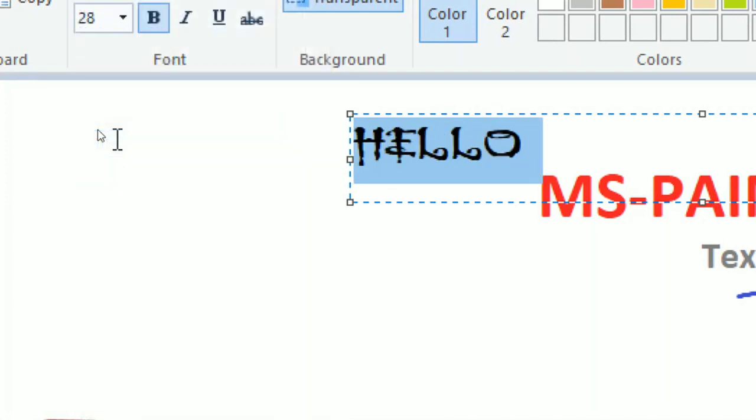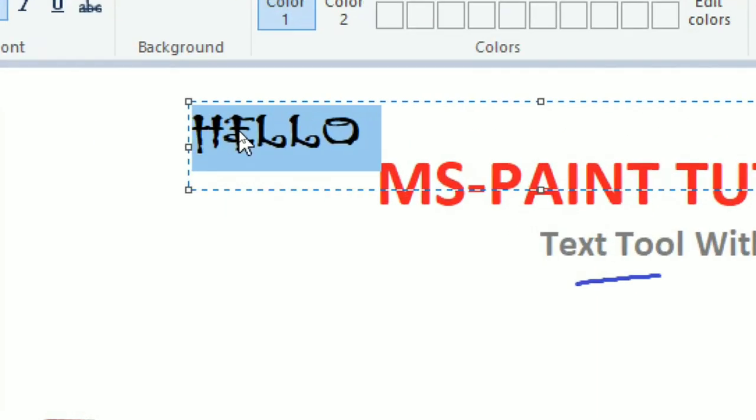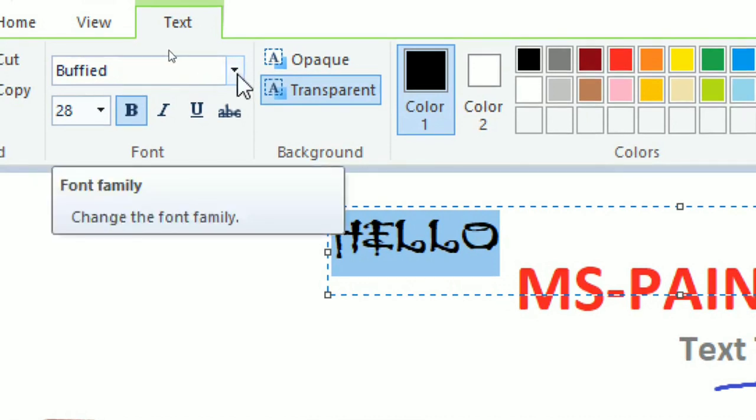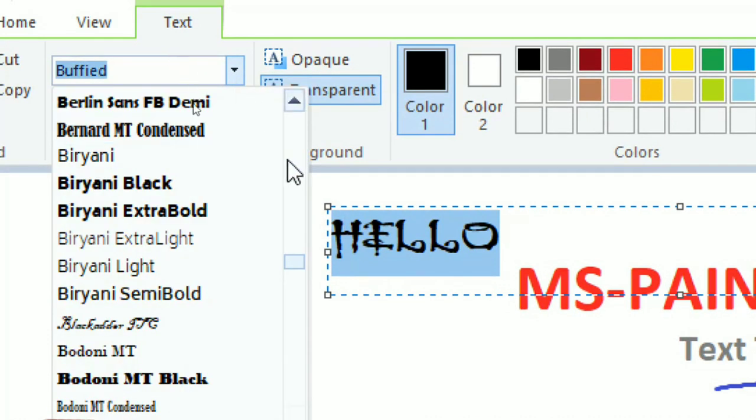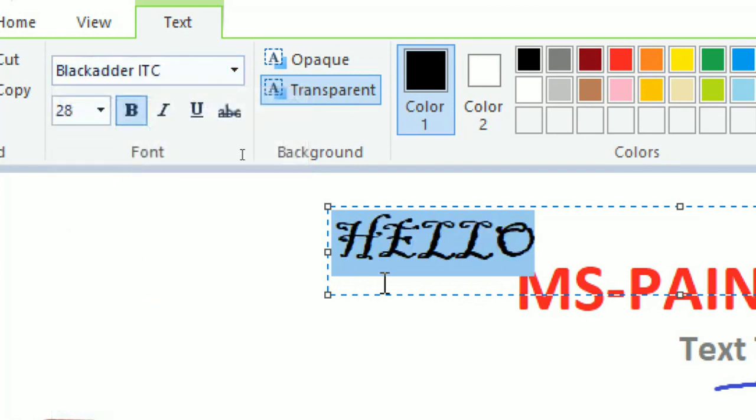Now if we select any particular font, then we will see that our text will appear to be of the same font which we have selected. If you are unsatisfied with this font, you can again go to the options, click on the selector, and then you will get many other options. Any of the options again you can select, and then the selected text will appear in the font which you have selected. In this way you can select any of your desirable font from here.